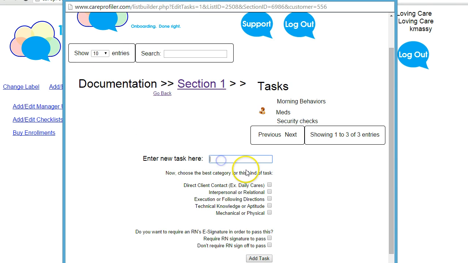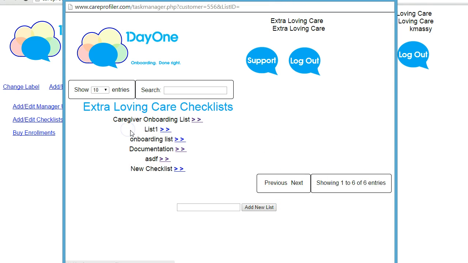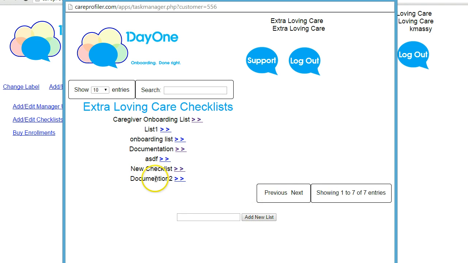I can certainly add new tasks, but what I'm going to do is actually go all the way back here, and let's create a new checklist from scratch together. So to create a checklist, I'm going to go down here to the text box and title my checklist. So I'm going to say, let's call this checklist documentation 2, and I'm going to click on add new checklist,